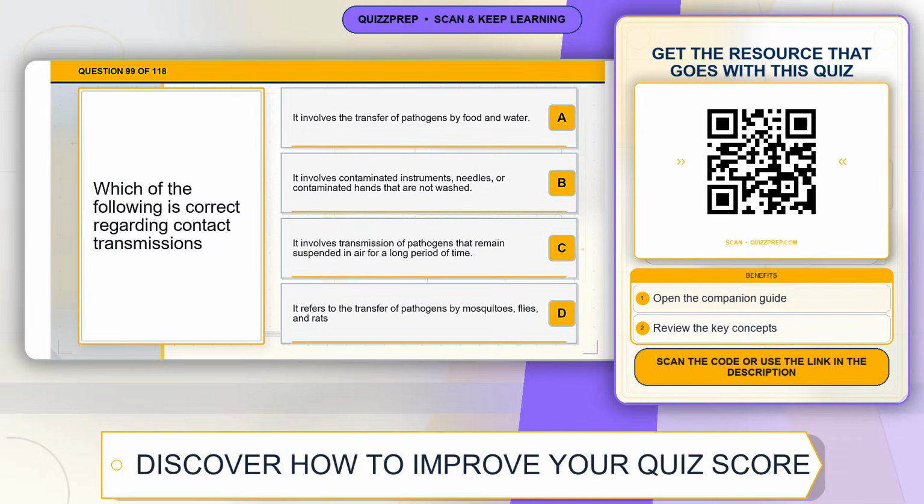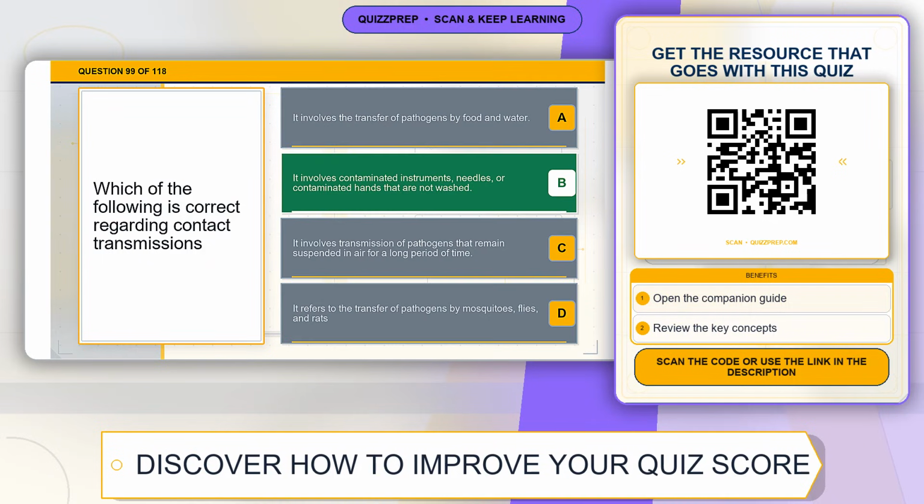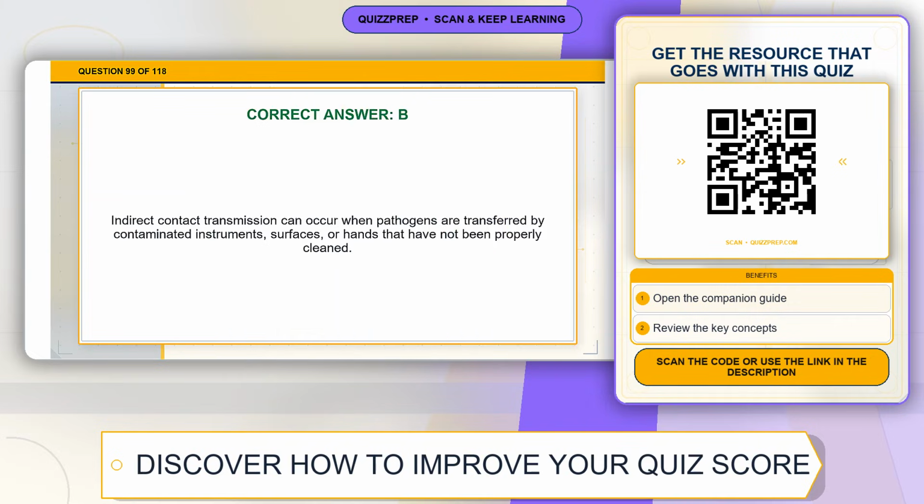Question 99. Which of the following is correct regarding contact transmissions? Option A, it involves the transfer of pathogens by food and water. Option B, it involves contaminated instruments, needles, or contaminated hands that are not washed. Option C, it involves transmission of pathogens that remain suspended in air for a long period of time. Option D, it refers to the transfer of pathogens by mosquitoes, flies, and rats. The correct answer is option B, it involves contaminated instruments, needles, or contaminated hands that are not washed. Explanation: indirect contact transmission can occur when pathogens are transferred by contaminated instruments, surfaces, or hands that have not been